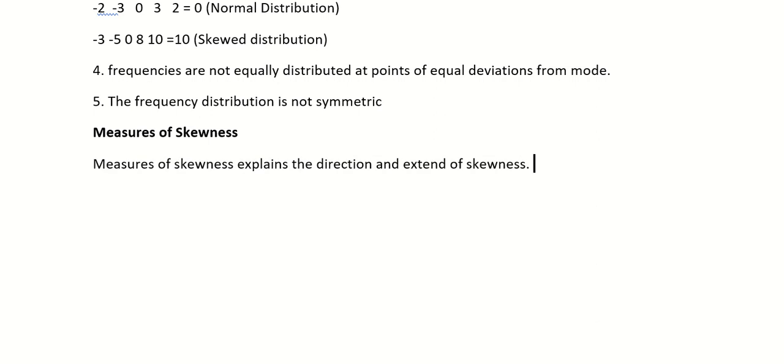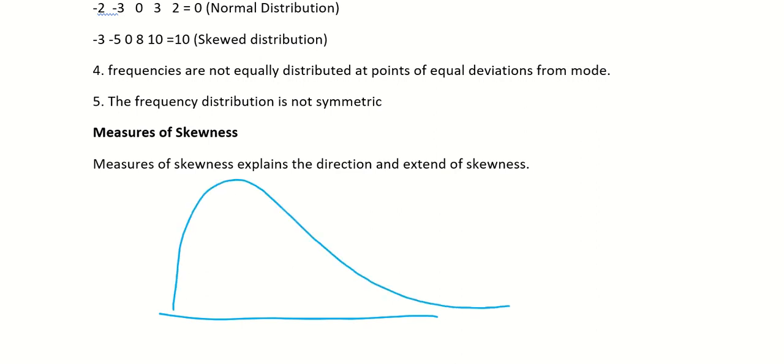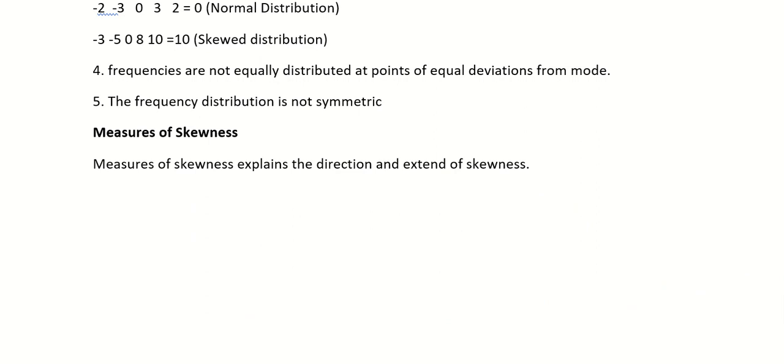Is it highly skewed, hugely skewed, moderately skewed, or less skewed? It depends. For example, if I plot it like this, it is skewed but not that much. But if I plot it like this, it is hugely skewed. So you get to know how much skewed the data is. These can be classified as following. How do we do that?